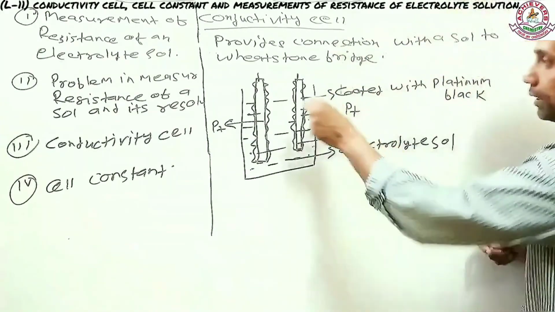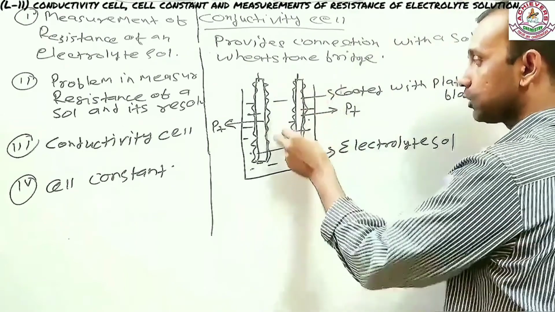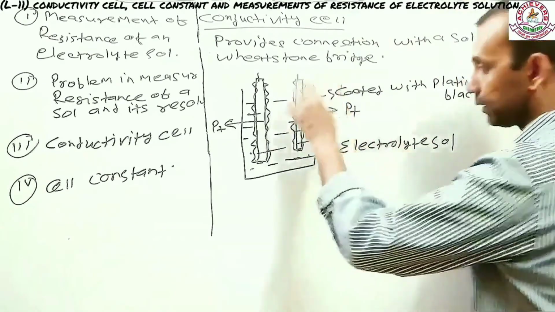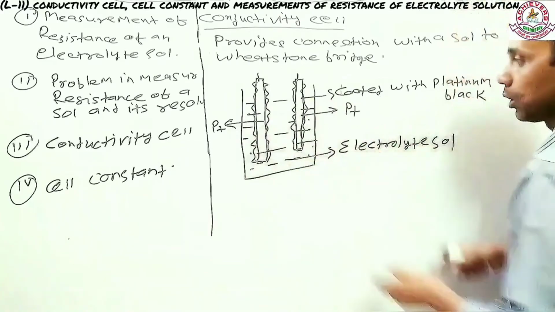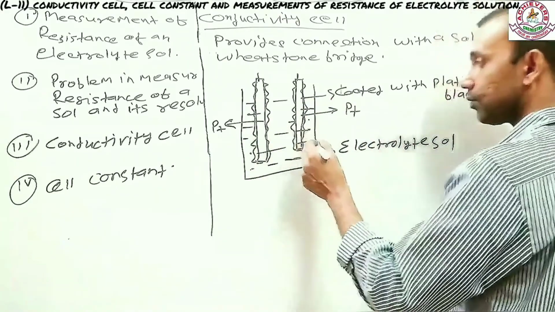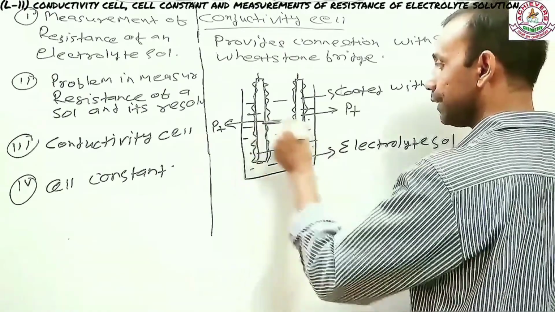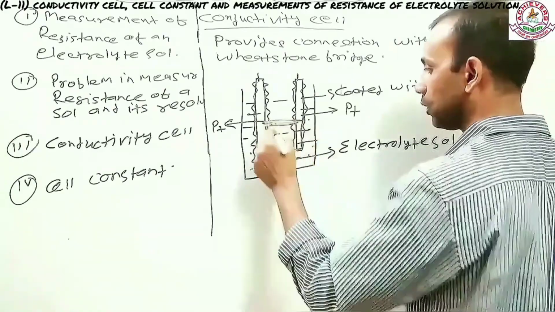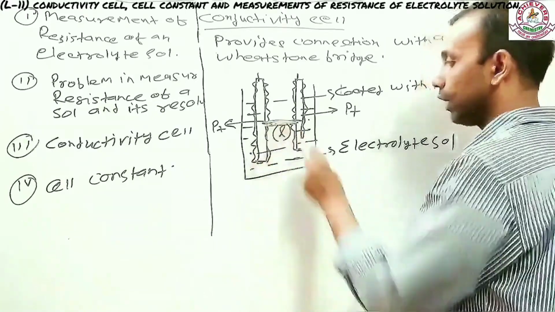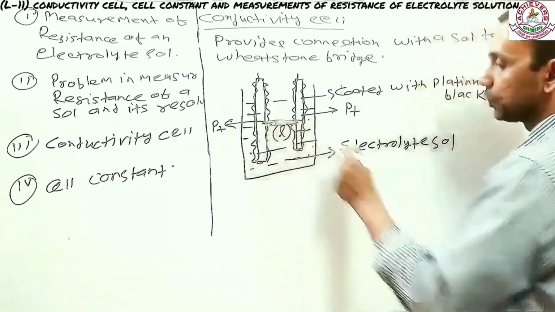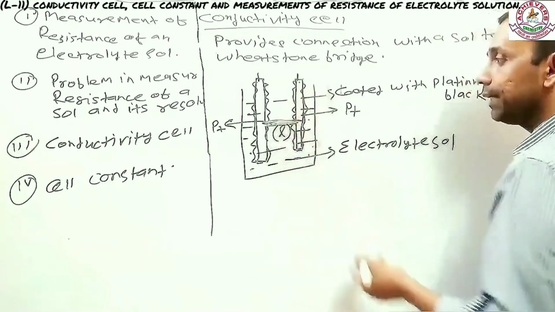Now, what does it consist of? It consists of two electrodes. Both of the electrodes have been coated with platinum again, and the container has been filled up with the electrolyte solution. Now, concentrate here. Suppose the distance between these two electrodes is L. So L is the distance between the two electrodes, and suppose the area is,